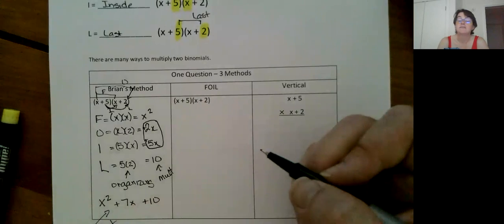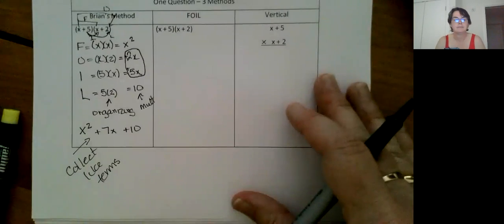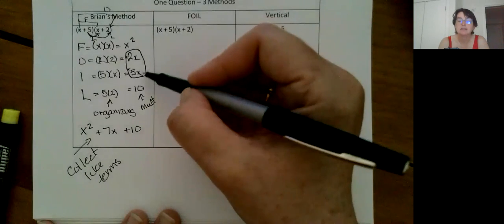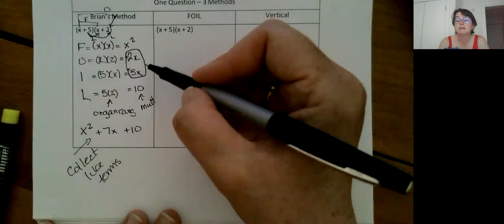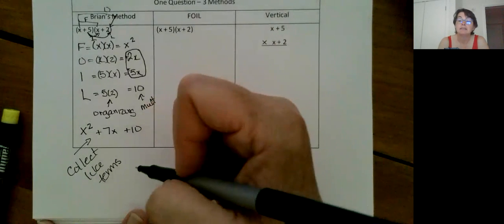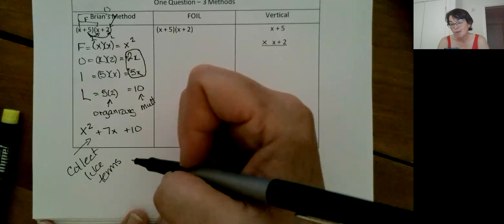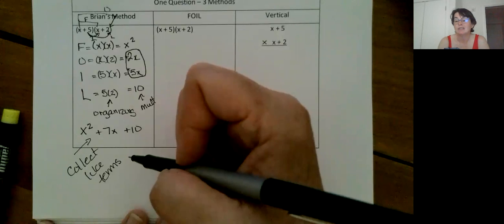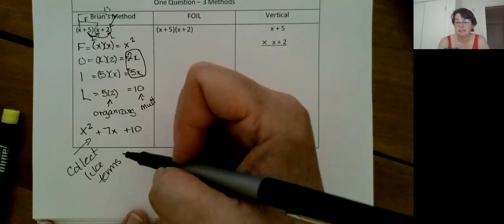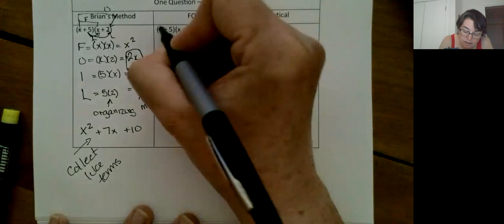95% of the questions, see, just realized you can't see that. Let me fix that for you. Okay. 95% of the time when you're collecting like terms, it's going to be those middle two terms, the OI, that get combined into one. I can rearrange the questions and change things up so it's not the middle two terms, but if it's written like a normal question and it looks fine, then it's going to be those middle ones. So watch that. Now, plain old-fashioned FOIL